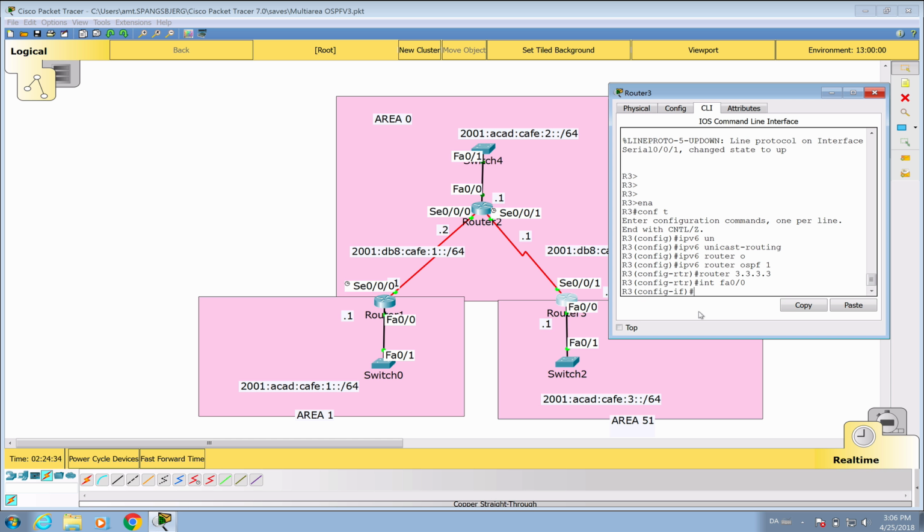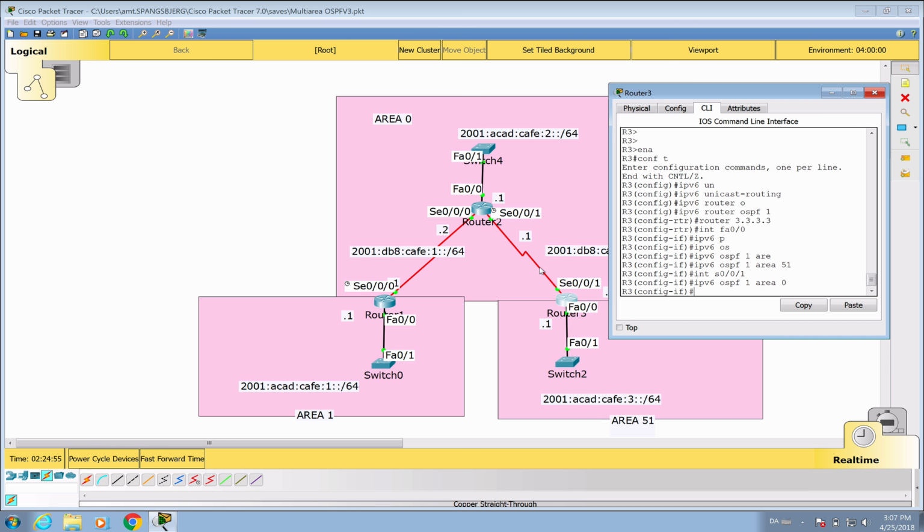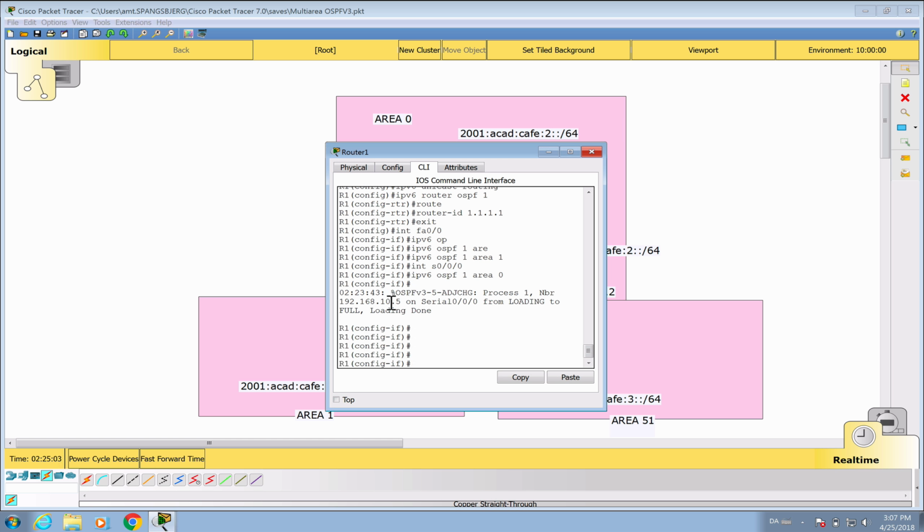So I go and say IPv6 OSPF1, and then area 51. And then I do it on S0/0/1, which is the interface up here. And this should belong to area 0. So now I'm having configured OSPF everywhere, and I can go back to my